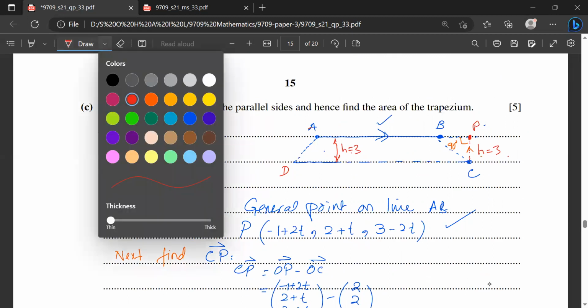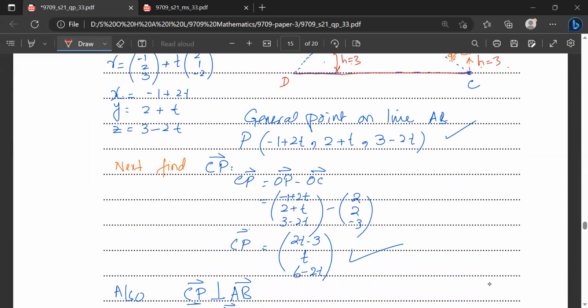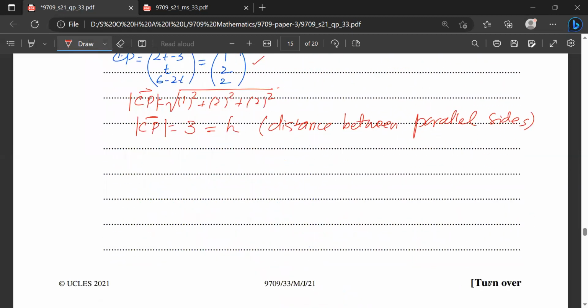Next, the formula for the area of the trapezium is half into the sum of parallel sides. The parallel sides are AB and DC. As for AB, from the first part you can find the magnitude of AB. What is the magnitude of AB? The AB vector was 2i plus j minus 2k. So its magnitude is